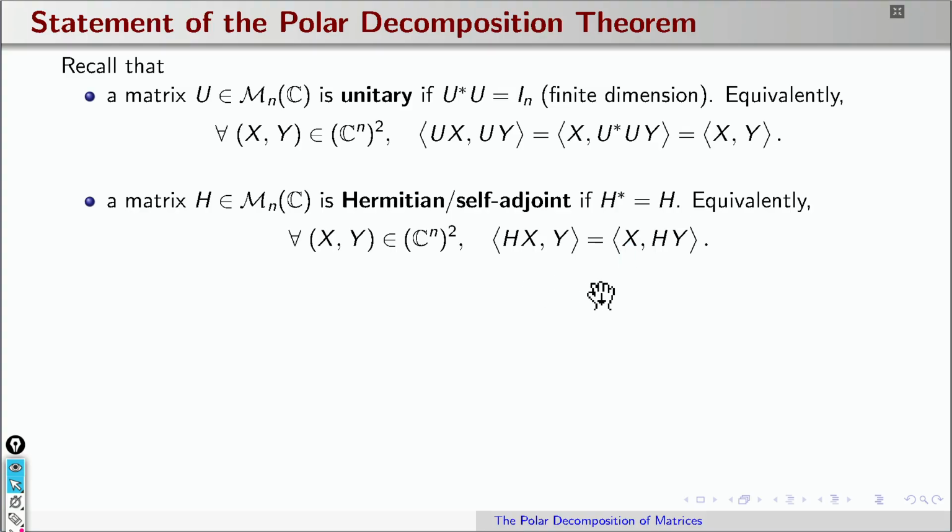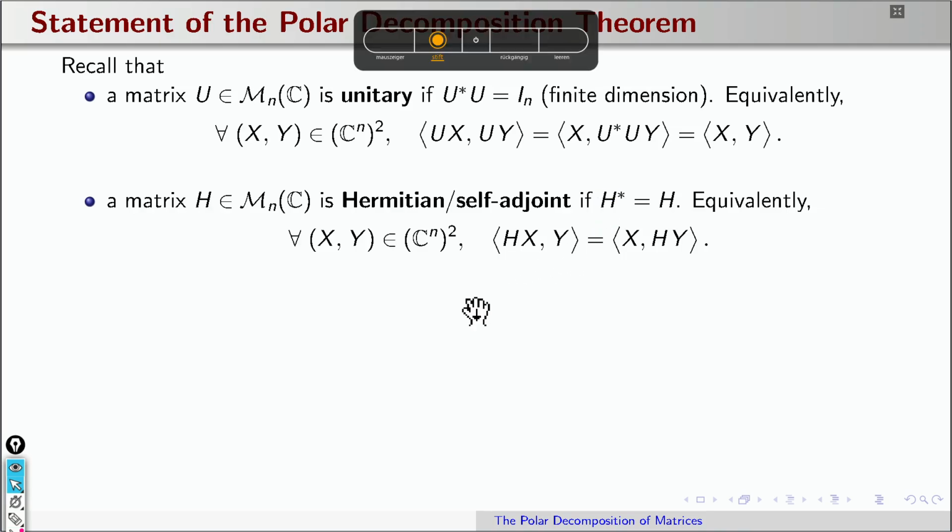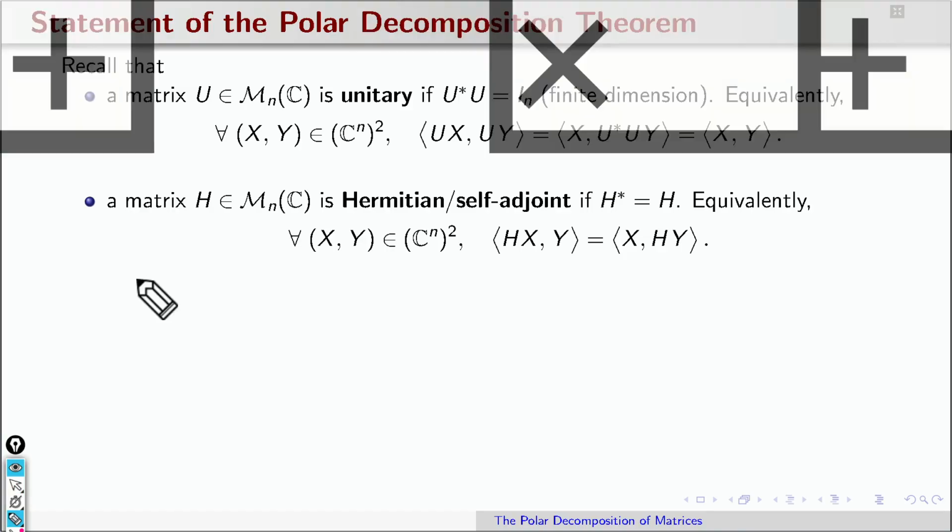Equivalently, you have a characterization in terms of scalar product. By definition of adjoint, you have the equality. So here normally it's the adjoint, but the adjoint equals H. Conversely, if you want to go from this condition to this condition, you simply take x and y to be the canonical basis elements. I call e_i the vector that has component 0, 0, and then in position i, the ith line, it has a 1, and then the rest is 0. It's a vector like this. If I take here the vector e_j, here I take e_i, I will obtain here